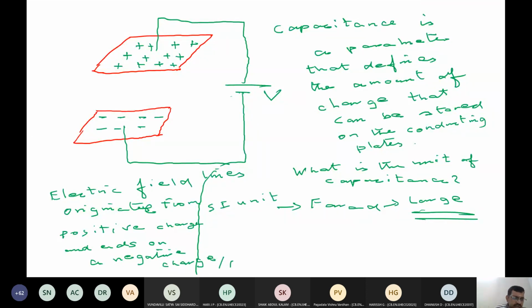A capacitor, once it is charged, cannot go beyond a certain value. Every capacitor will have a certain extent of charging. You can't keep on charging a capacitor beyond its rating. The ability to charge is one thing, but the amount of charge is another thing. So every capacitor will have a certain rating, capacitance. It cannot charge beyond that level. So now let us look into another picture.